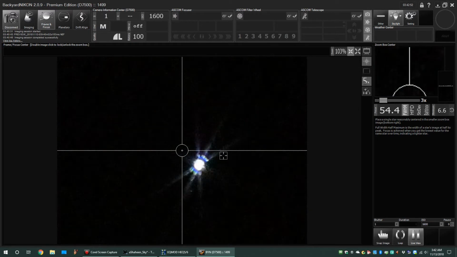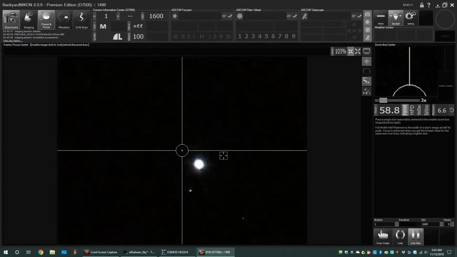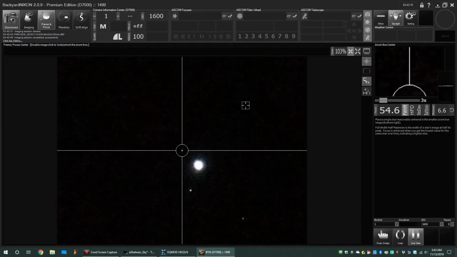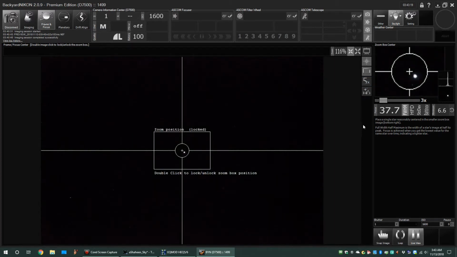Okay, that looks very good. And ordinarily, the seeing isn't the best, because ordinarily those spikes would be a good bit better defined, sharper looking. Okay, so removing the Bahtinov mask, shutting down the 5x magnifier, and